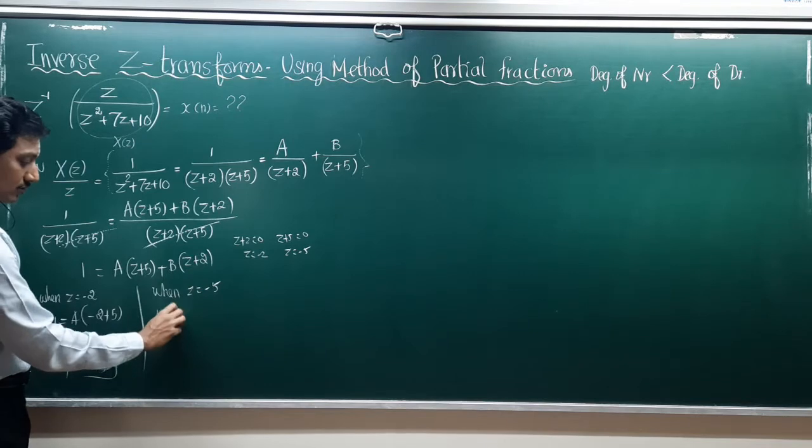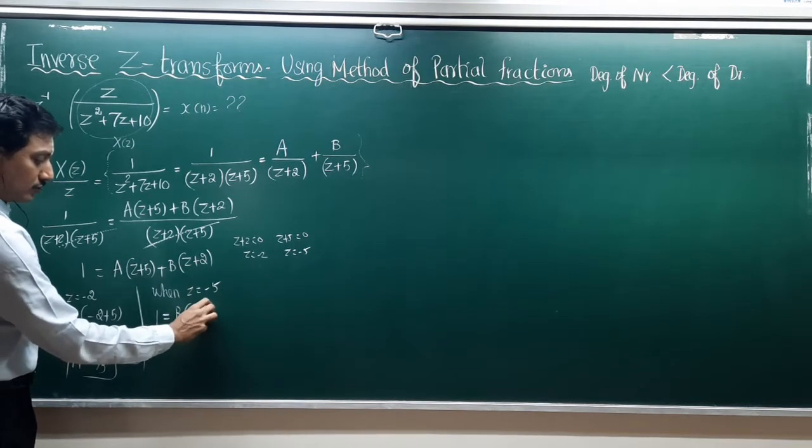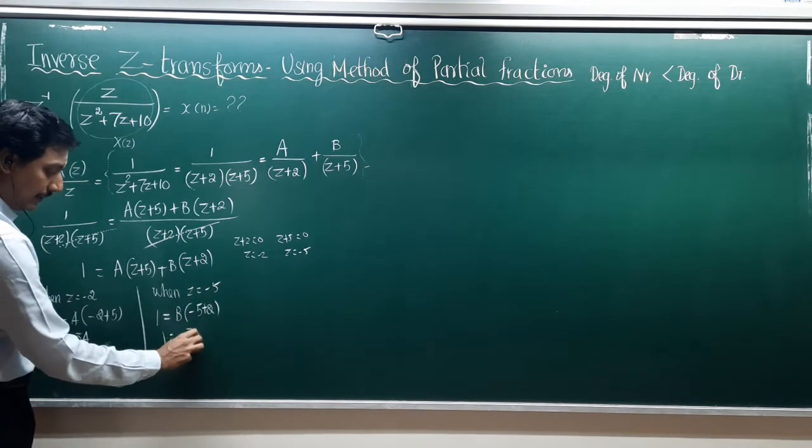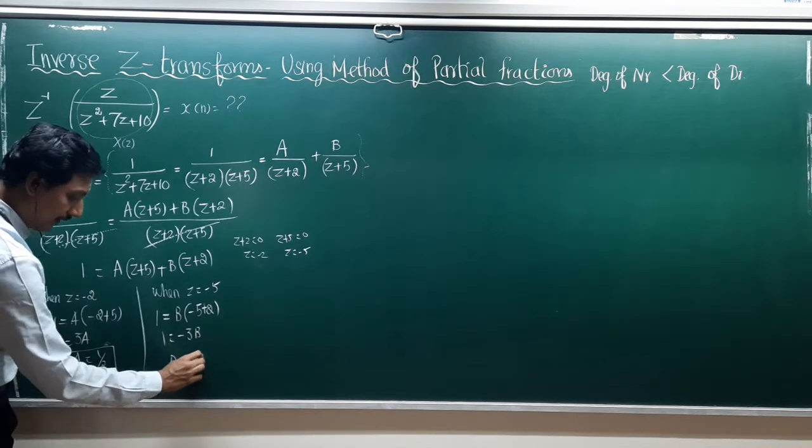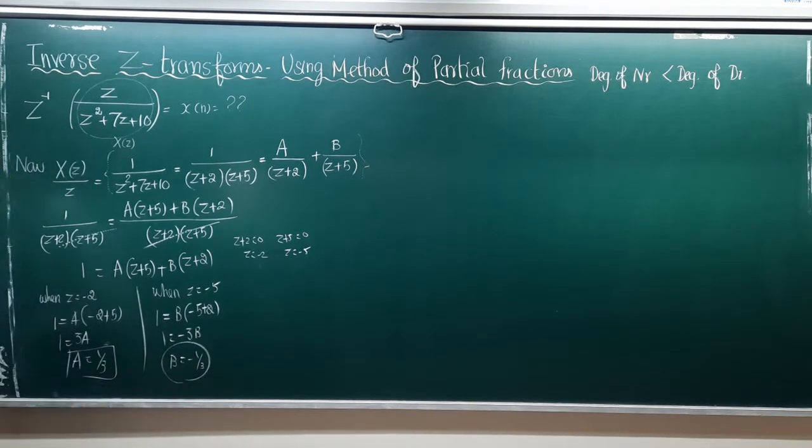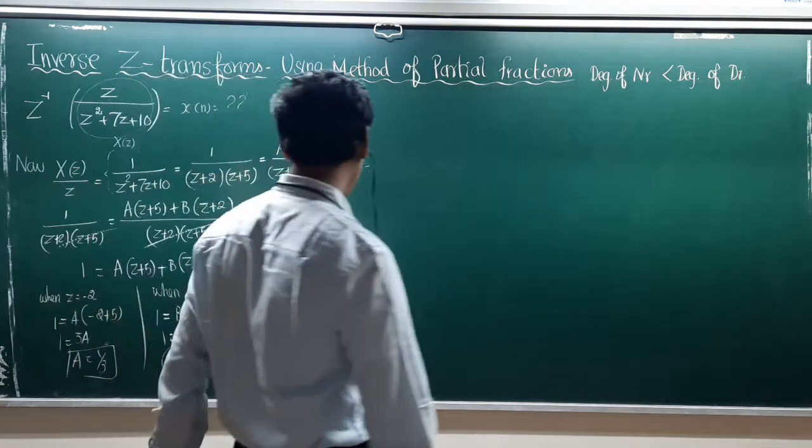Right-hand side minus 5 plus 2. So b into minus 5 plus 2 is equal to 1, which is equal to minus 3b. Otherwise, b is equal to minus 1 by 3. So once we have the a and b values, let us substitute a is equal to